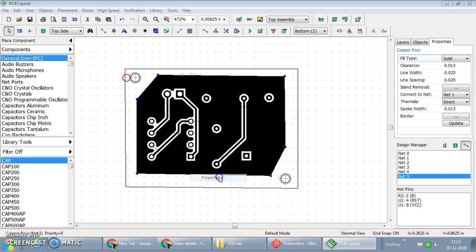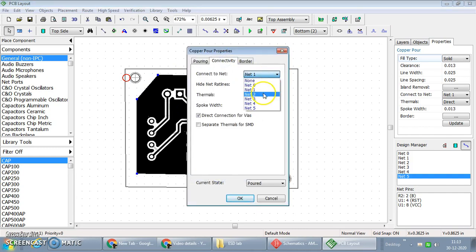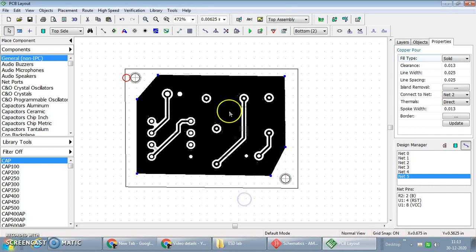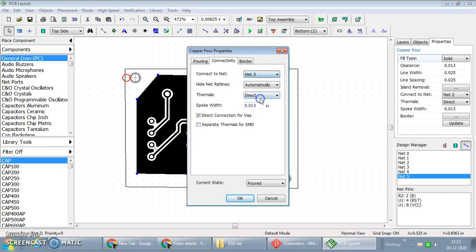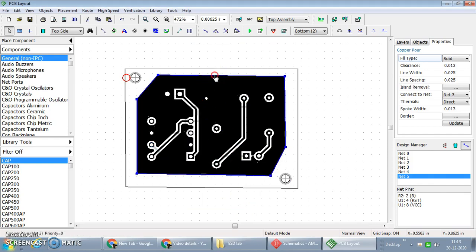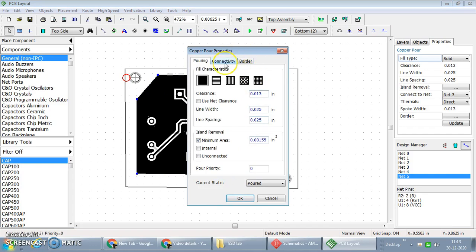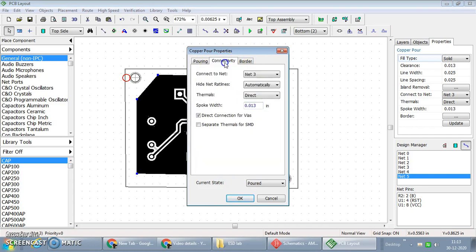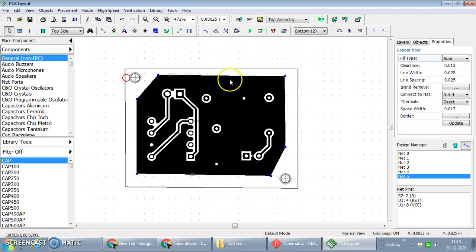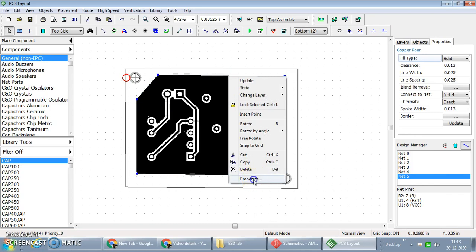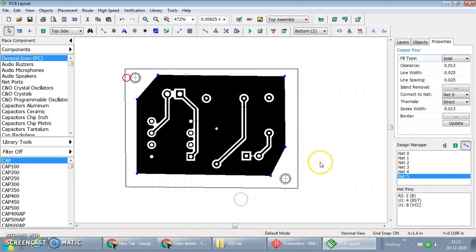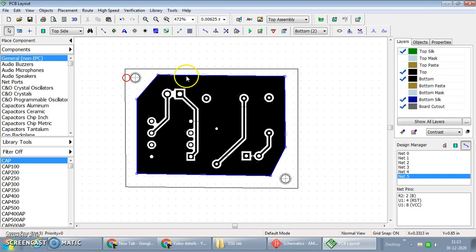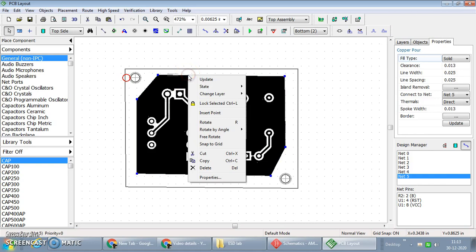Similarly we'll go again back, net 2, pour the material, net 3, pour the material, net 4, okay, and lastly we'll complete the action for net 5 and say okay. Now if we unpour this material, let us see what happens.